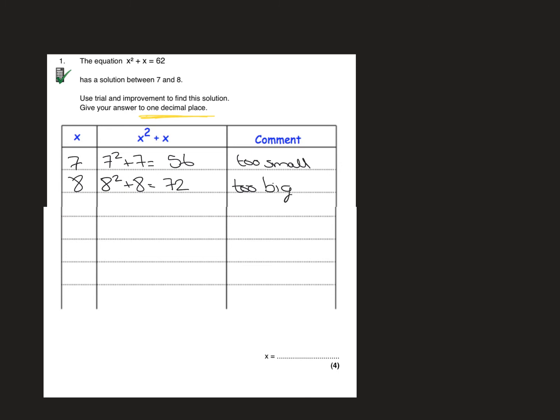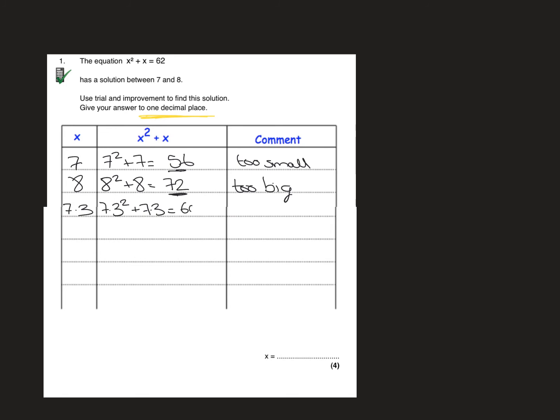Right, so 62 is 10 away from 72. 56 is 4, 5, 6 away from this. So we're slightly closer to the 7. So I'm maybe going to try 7.3. So 7.3 squared plus 7.3. Do that in my calculator. 7.3 squared plus 7.3. And that gives me an answer of